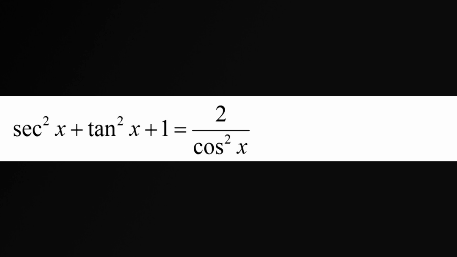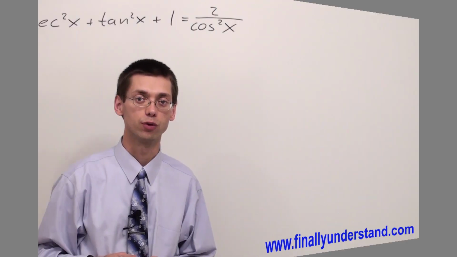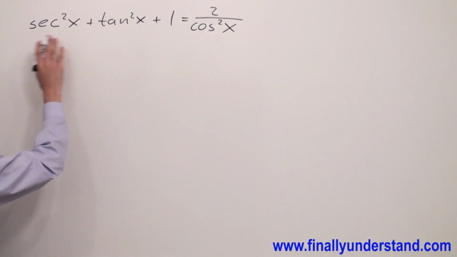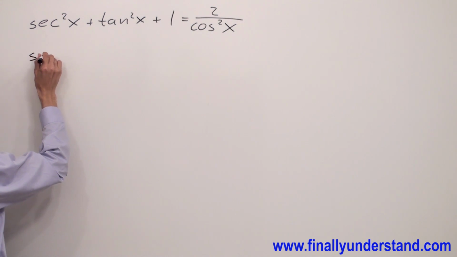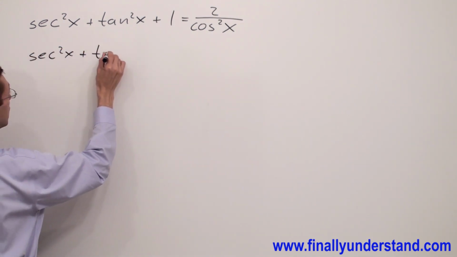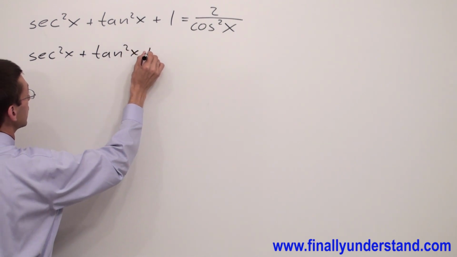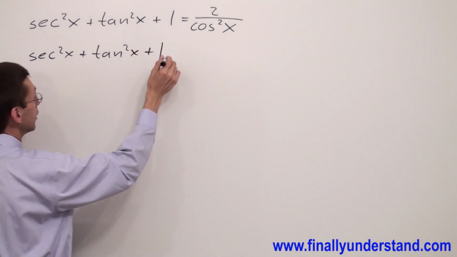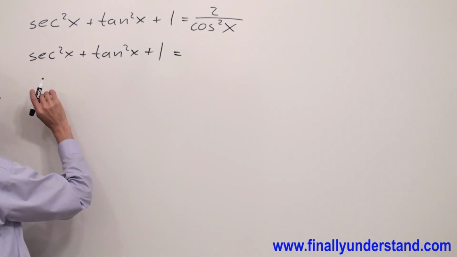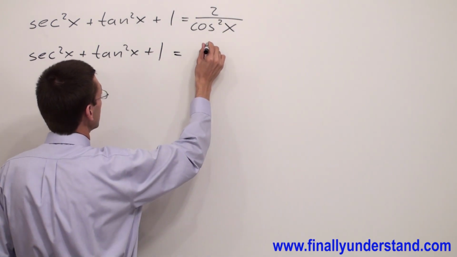We have another identity on the board. This time we are going to start our proof from the left side. So first we're supposed to copy down the left side. I have secant square x plus tangent square x plus 1. Secant square x I can rewrite as 1